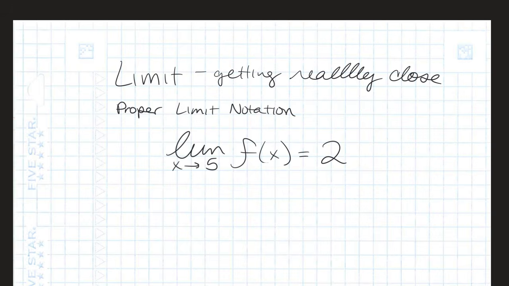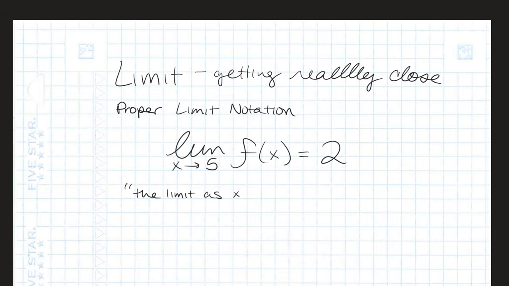Because I know we understand slopes. We've been doing slopes since we were like in 8th grade. But the limit notation and speaking the limit notation might be new, or I might be changing the way that you know this concept. In particular, the way that you pronounce this is the limit